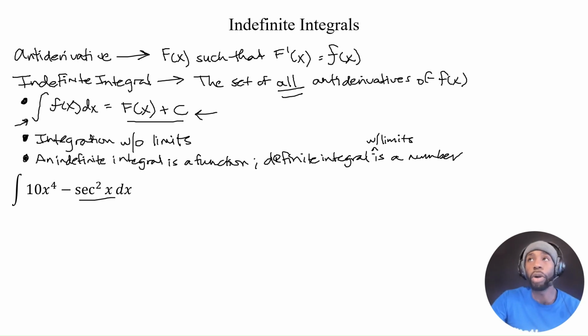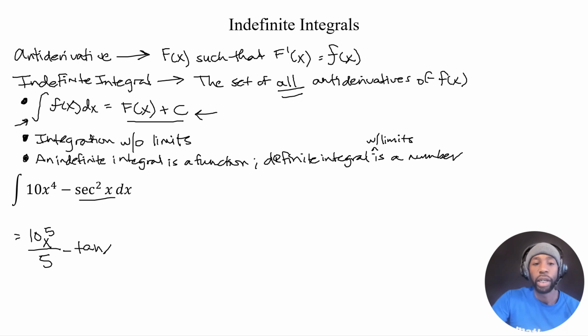I talked a little bit more about how to take the integral in the antiderivatives video, but just remember it's the opposite direction of taking the derivative. Okay, so 10x to the fourth, that's going to be equal to 10x to the fifth over 5 minus, so we know that the derivative of tangent is secant squared, so the integral of secant squared is going to be tangent, so minus